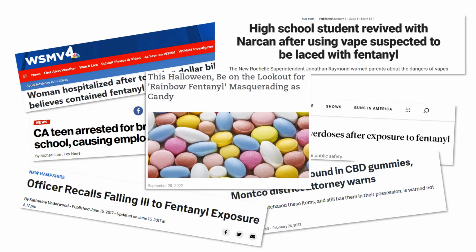I've tried to follow up on as many as I can see, and I've never found a single lab confirmed instance where it's happened. One of the reasons is fentanyl boils at a really high temperature. It boils, sorry, I don't know if my accent made that hard to hear. So it boils around 850 degrees, and people don't vape that hot. That is really hot to vape something, and I don't even know that commercial vape pens get that hot. So it's certainly theoretically possible that the molecule could attach itself onto something that is vaporized, but we've had no